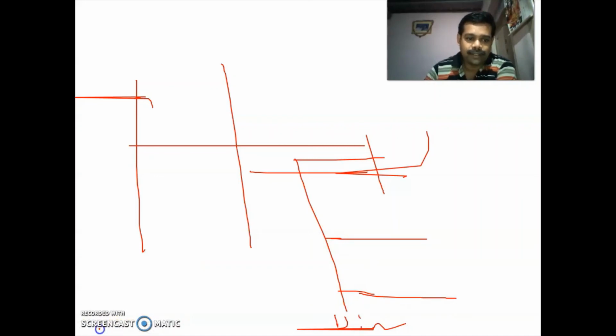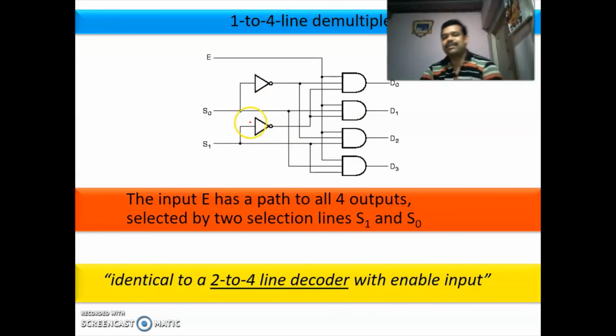So here they have used a slightly different way. Same thing. If you check this AND gate, this is 0 0. This is from this line and this line they have taken. So for 0 0 they have given one input. This is D in, or you can take it as enable D in.